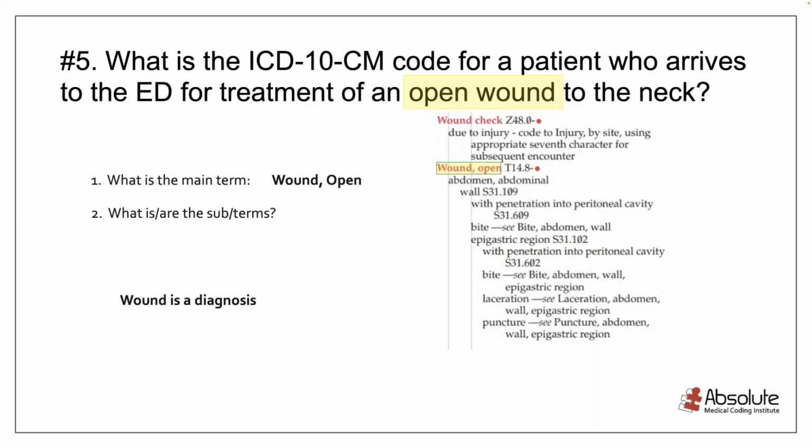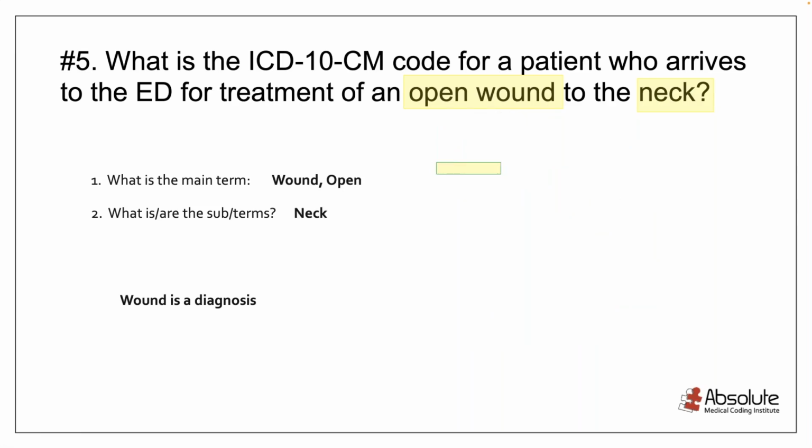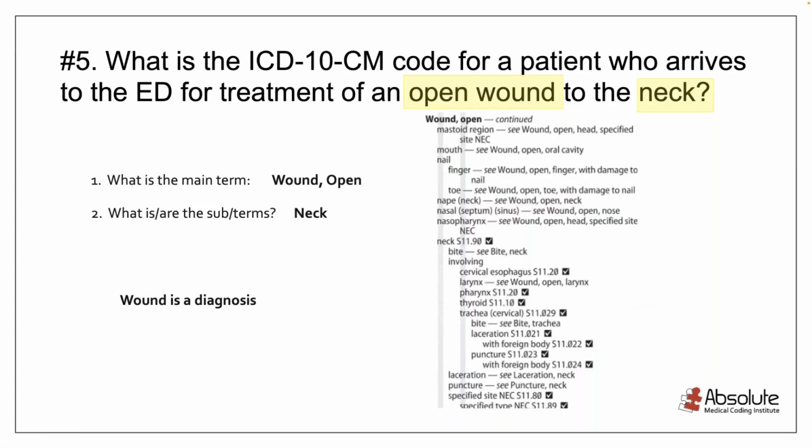And it's important for us to know what the subterm is, because that's going to help us know where to go next. So we can't just code wound, open. There's more to the story. Where is it? Where is that open wound? And that is our subterm, neck. So we're going to scroll down the page until we find neck. All right. And that takes us to code